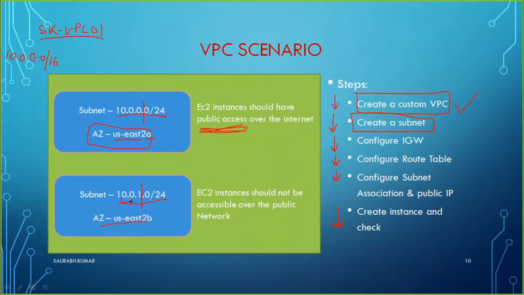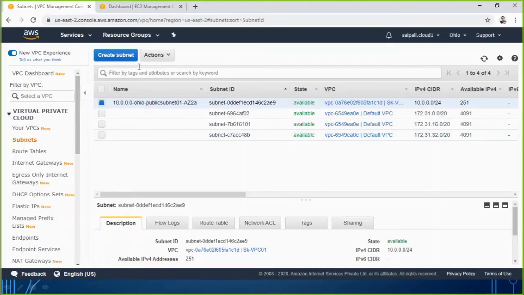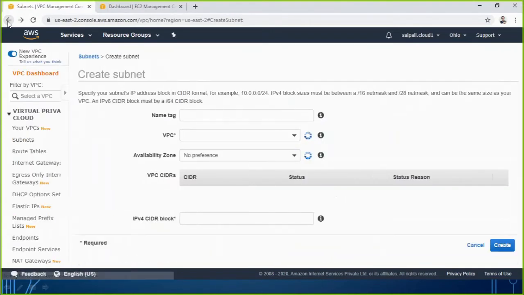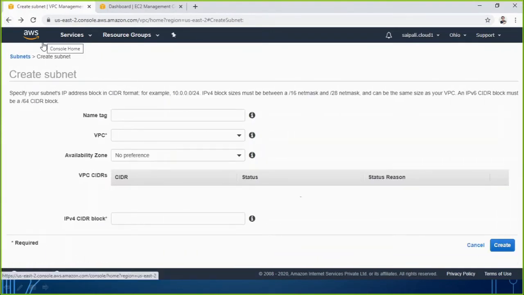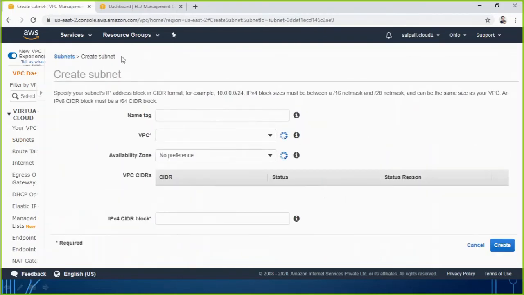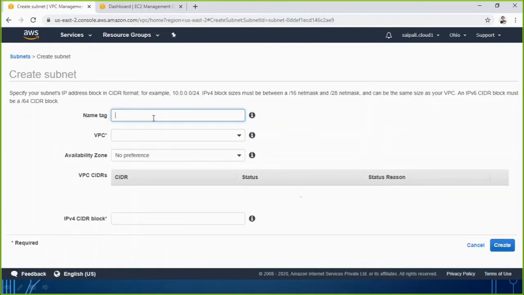So let's create the second one now. Let us create the second subnet. Let's go there and give any name. What is the name we have given to the first subnet? Let's check. That will give us an easy, same type of nomenclature. So I am going to copy this name, and when I am creating I am going to use the same, but maybe I just change here.